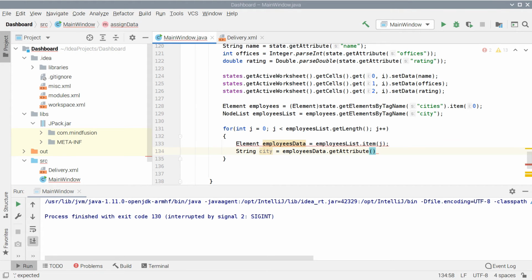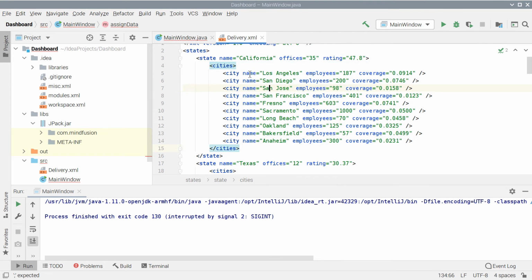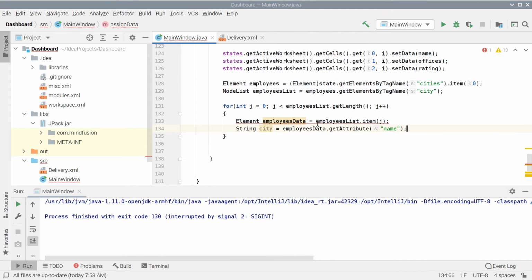When we have initialized the node, we get the data for its city name, employee count, and coverage. The employee count is an integer and the coverage is a double value, so we have to parse them.